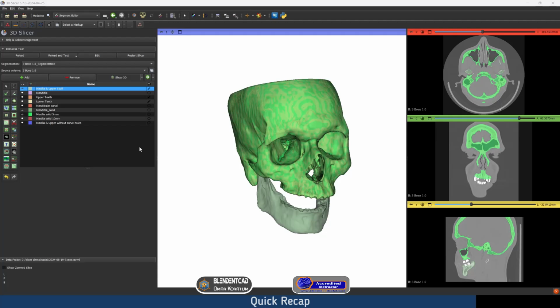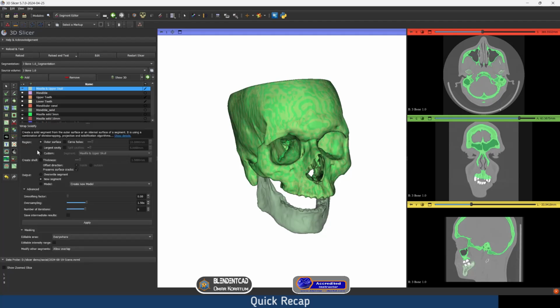So for a quick recap about the video, first you are going to install the SurfaceWrapSolidify extension from View and then Extension Manager. Then you are going to do your segmentation, whatever segmentation workflow you are doing. And then after doing your segmentation, you click on the segmentation you want to solidify. And then you're going to click on the Wrap Solidify. Then we are going to choose Outer Surface and then enable or disable the carve holes according to your need. At the output, we are going to choose New Segment so we can have a copy of the old segmentation